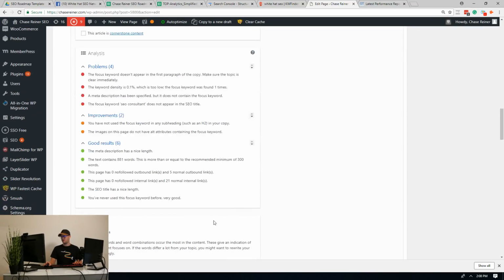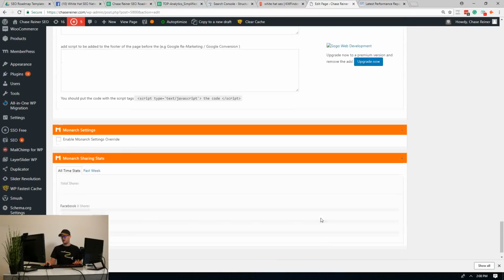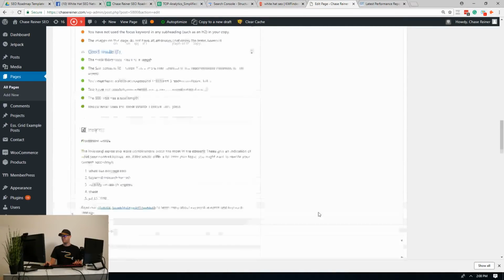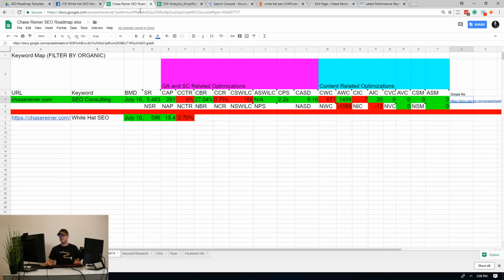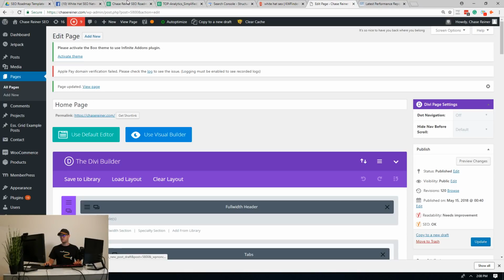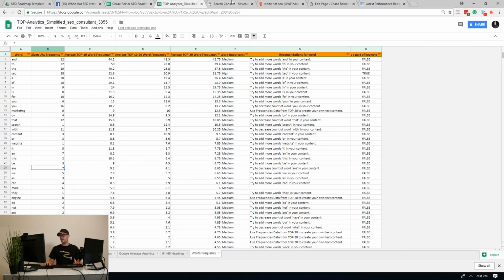I'm interested to see how many times it shows up or if it raises the average position at all based on the benchmark. So we'll update that. Okay, so we did that, and then what we're going to do is we're going to change that to green, meaning that we optimized it. Current conversion rate. Let's see what we can do there. So for the home page, what we're bringing in right now,